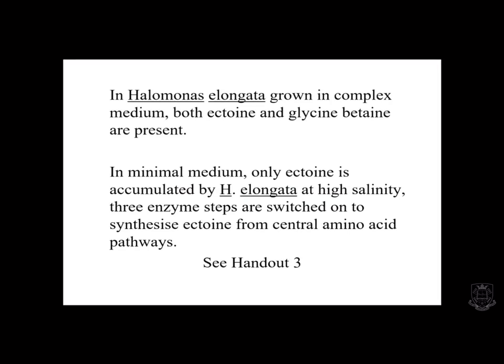If you put it into 3 molar salt and give it only glycine betaine, the cells grow less well because they're left with this conundrum: they need to use some of the glycine betaine to support metabolism, but they need some to stay to be the compatible solute. They'll produce a little bit of ectoine under these conditions as well. If you want to annoy a bacterium, you can just keep messing around with the amount of the carbon source you give it. And we found the ways that they controlled the pathways.